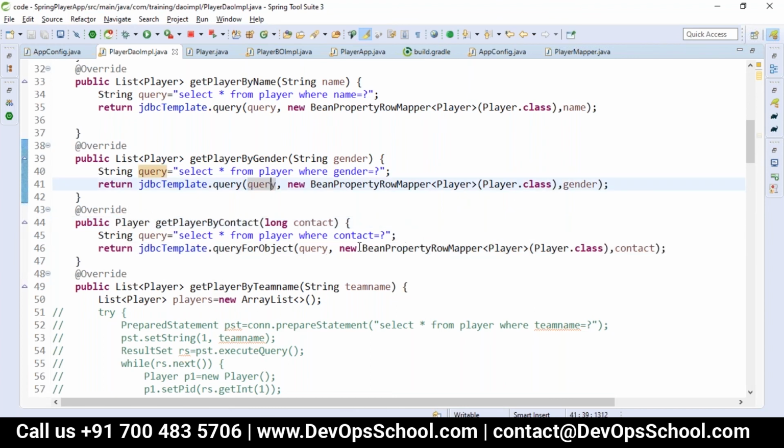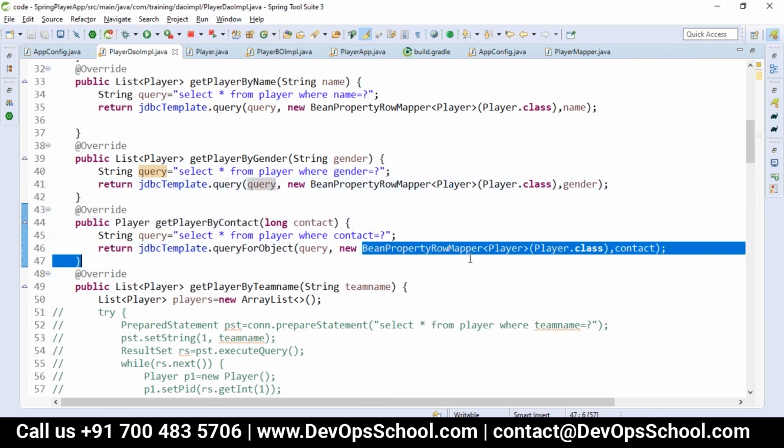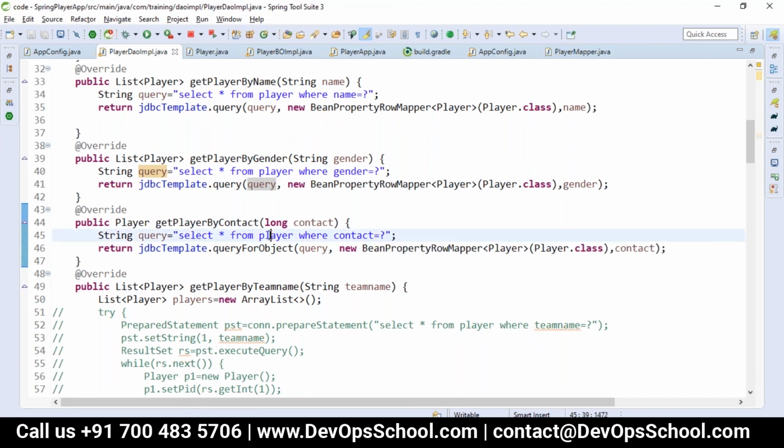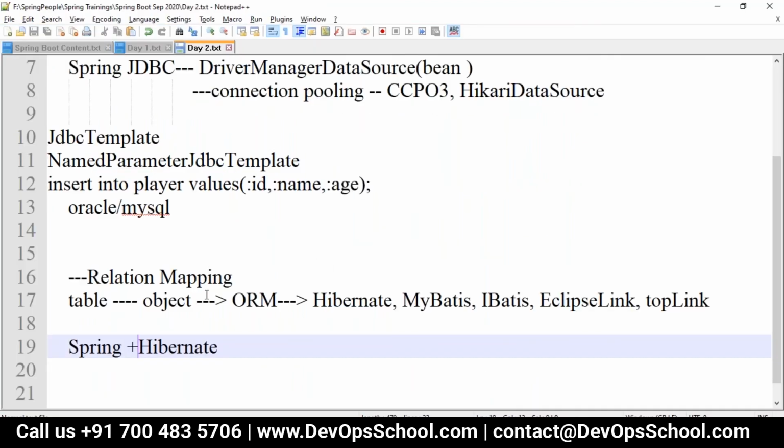So here we have to use either a bean property row mapper or something else, that is, we have to map it manually. The bean property row mapper will map exactly how the table and your class properties are available. So that is where we go with ORM properties. I have a Java object which has inherited classes, or one movie where a number of persons are watching, so one ticket belongs to only one user.